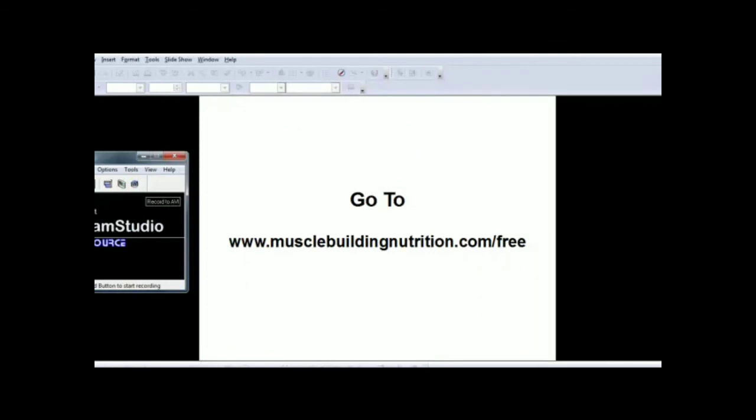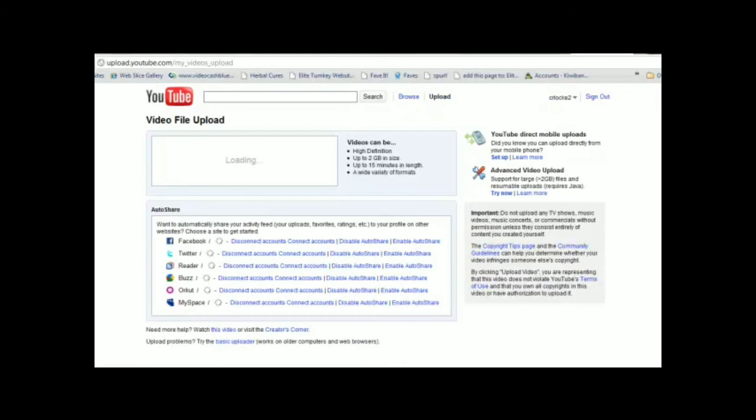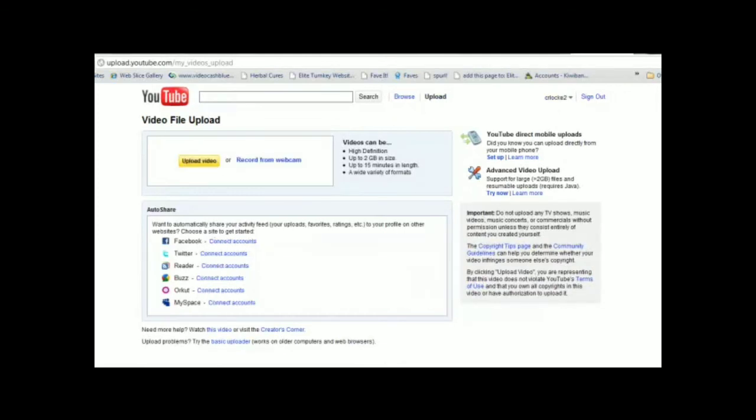And next video we're going to be covering how to upload your video to video sharing sites, and we're going to use YouTube as an example. Okay, so here we are at youtube.com, and we're going to upload a video that we just made. So just go up to here and click on upload. So you can sign in using your YouTube account or your Gmail account, and we're just going to click on upload video